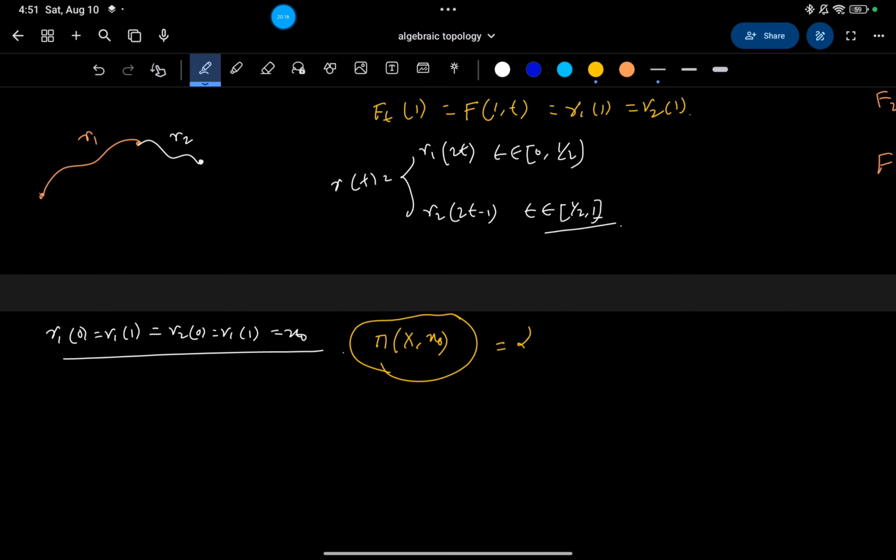So it is nothing but the equivalence class of gamma such that gamma is from 0, 1 to X, such that